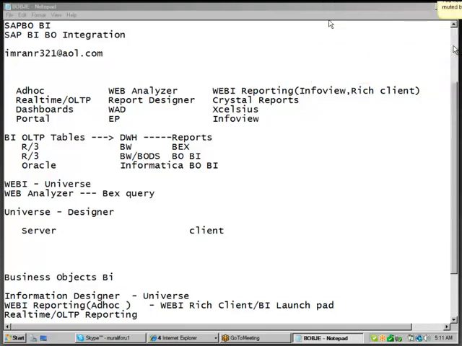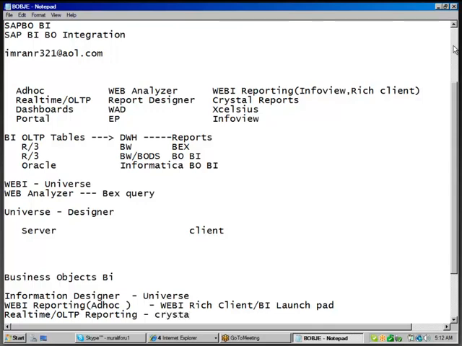In the universe you need to define hierarchies. When you define hierarchies, your report will support drilling. But in the Crystal case, you need not use a universe. You can directly talk from Crystal report to that Oracle database. That's why Crystal report is called real-time reporting or OLTP reporting.